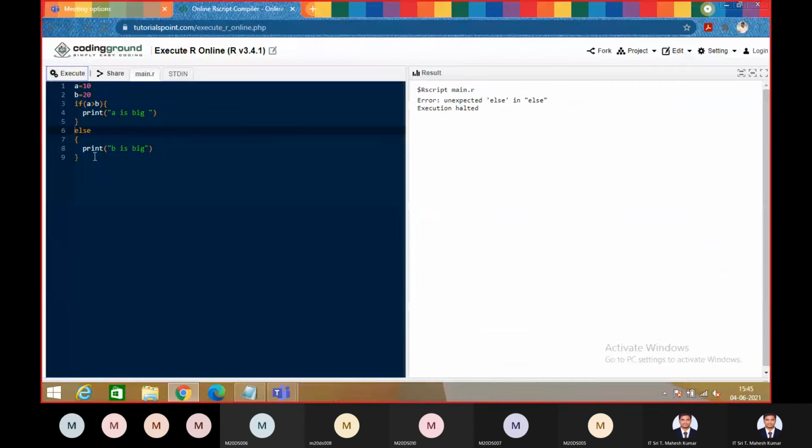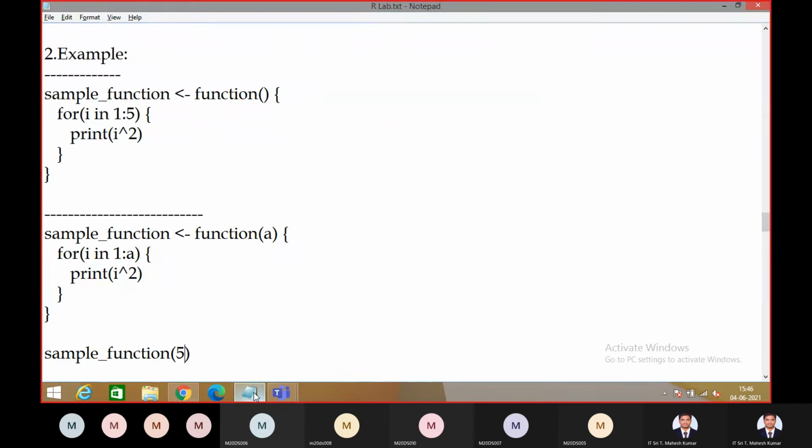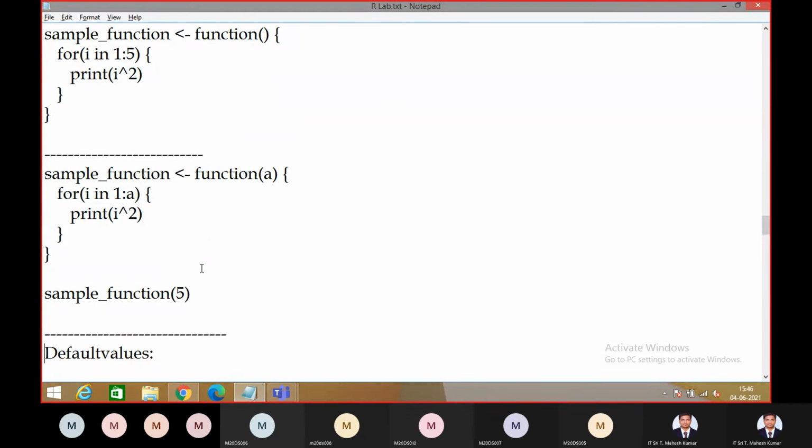In order to save time, I'll use this compiler. So this we have to execute, right?